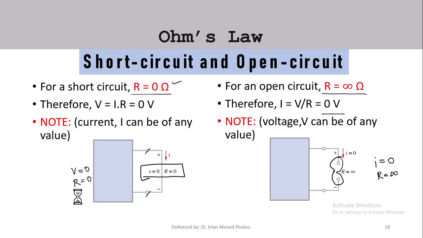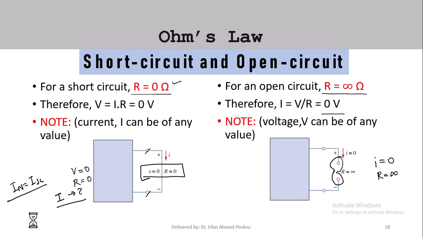Now the third parameter is current. Because V is 0 and R is 0, does it mean that I is also 0? The answer is no. I can be of any value. That will be more clearer once we do some numericals based on Thevenin and Norton, that current can be anything. I Norton is in fact also defined as the short circuit current, so we will get